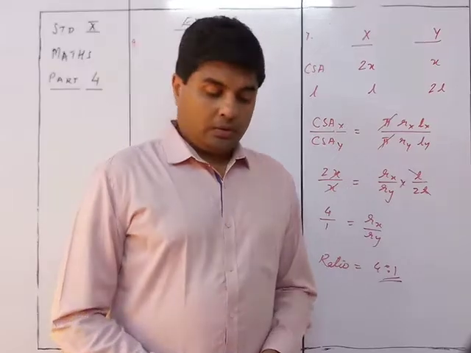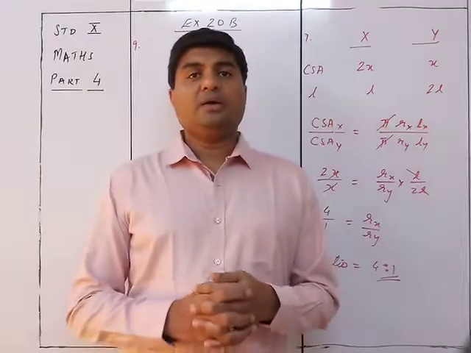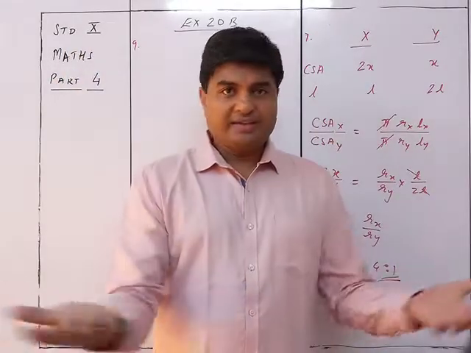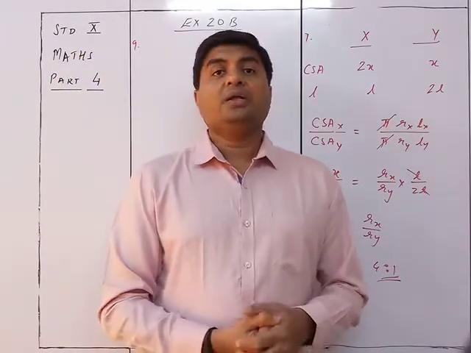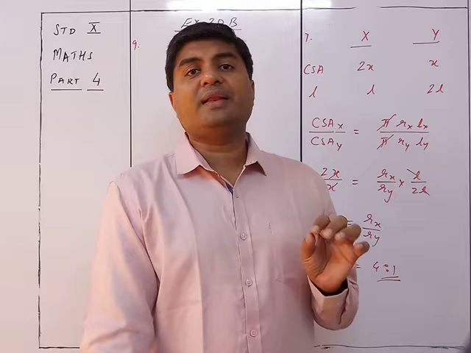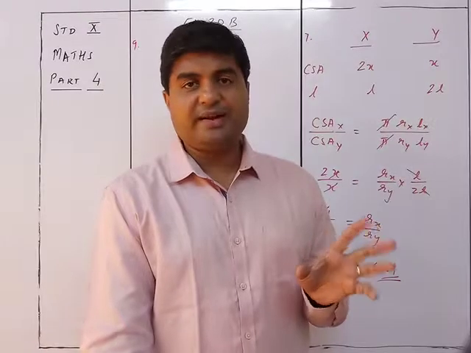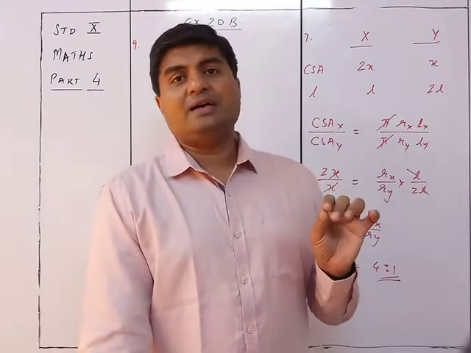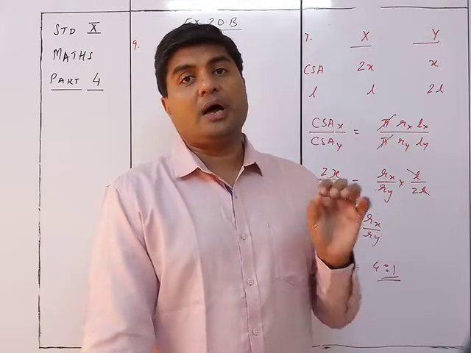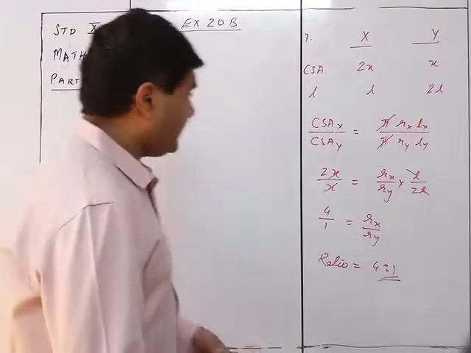Okay. What is given? You are making a tent. So what does a tent require? A tent requires cloth. Where will we put the cloth? Only on the periphery. Nobody camps on a cloth floor on the ground. So basically the cloth required to make the tent will be nothing but the curved surface area of the cone, because the tent is in the form of a cone. So the curved surface area of the cone is the total amount of cloth required.